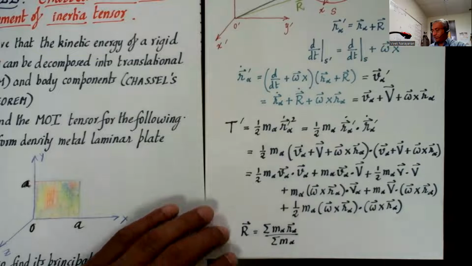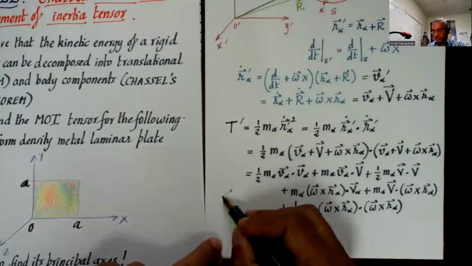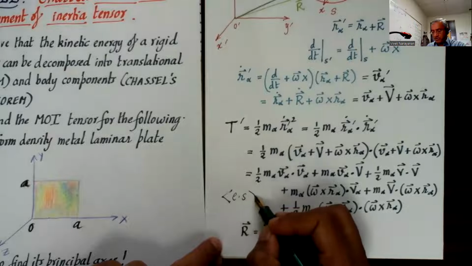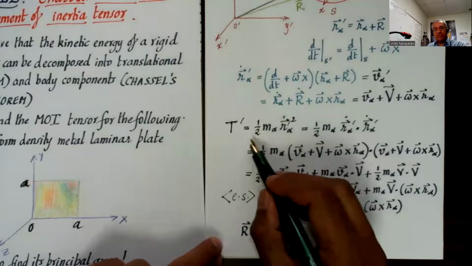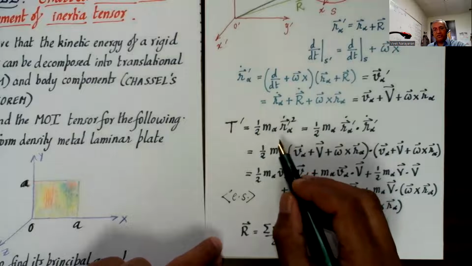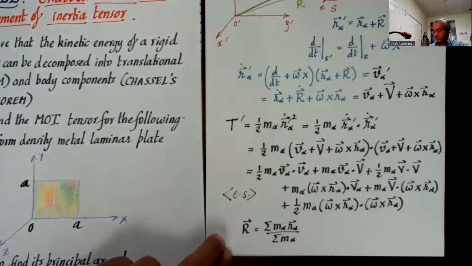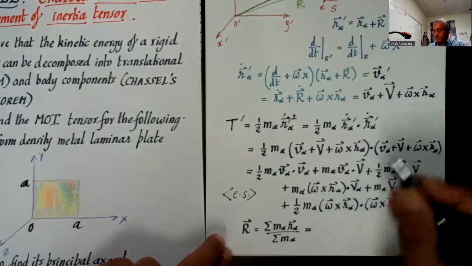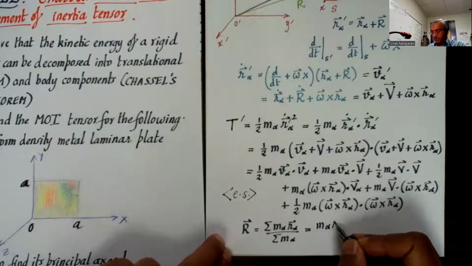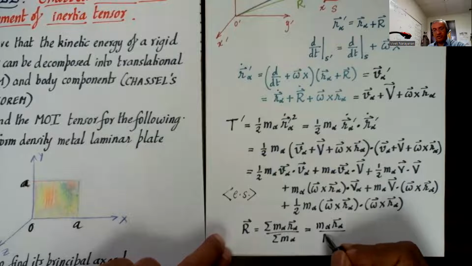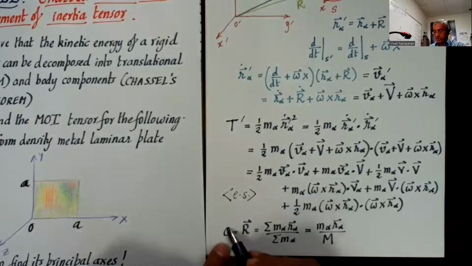I have to emphasize here that the Einstein summation notation has been introduced, or rather used, because we are finding the kinetic energy of the entire body. So the summation over all the mass points alpha is assumed here. Repeated indices are always summed over. So this is just written as m alpha r alpha over the total mass M. If R is taken to be the origin O,